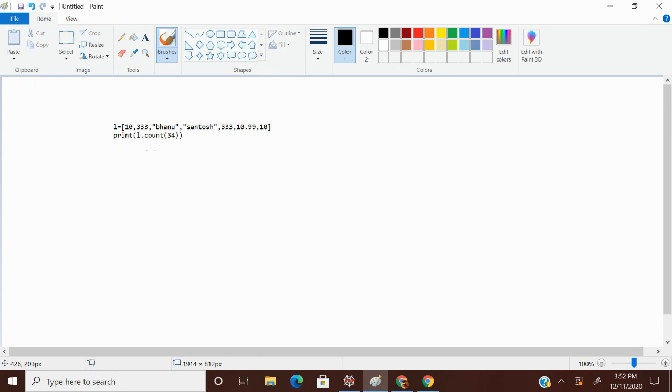So this is my list: 10, 0, 1, 2, 3, 4, 5, 6. Index always starts counting from 0. So I wanted to find L dot index of 10. What did I say? The index method returns the first occurrence of the specified item.